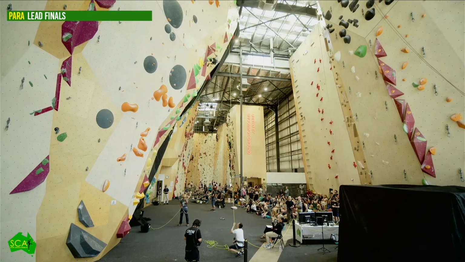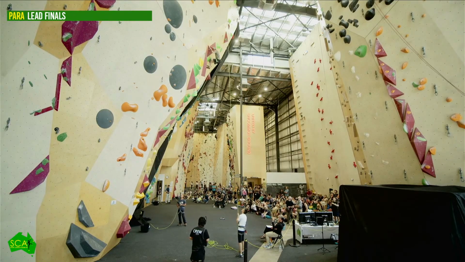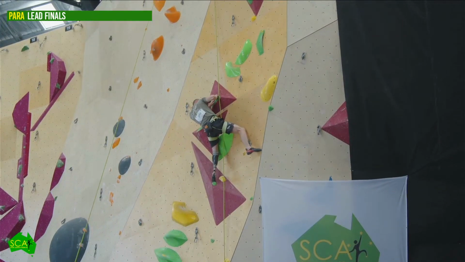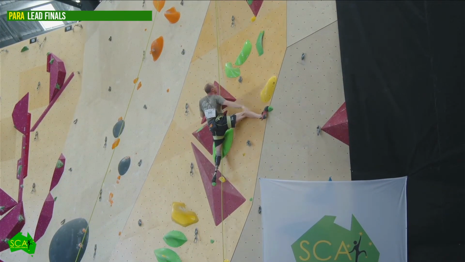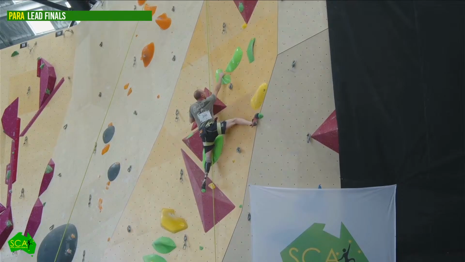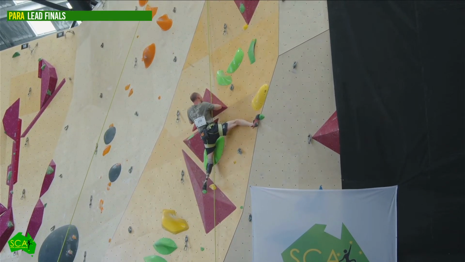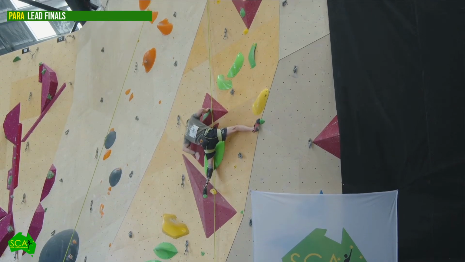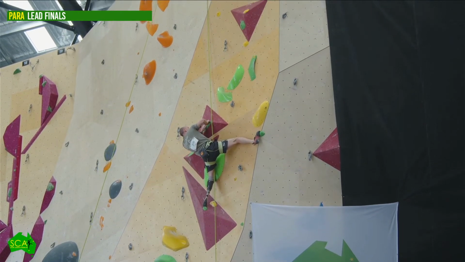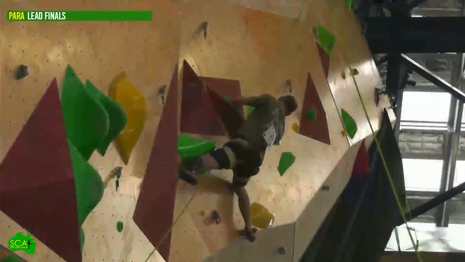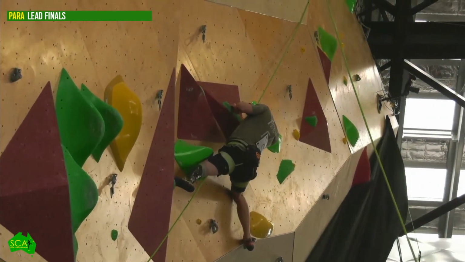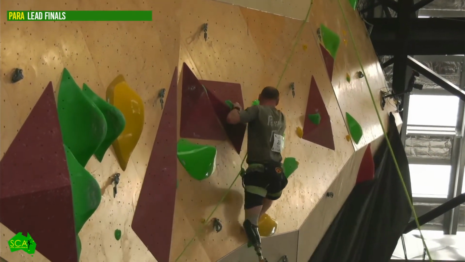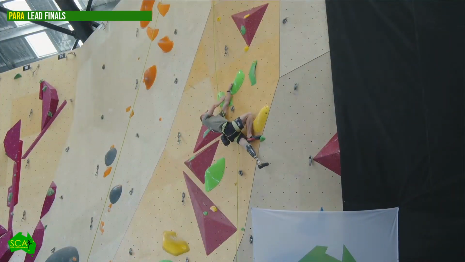You can see that the angle of the wall there, it's kicked back now. It's kicking back now, so as he starts to get up into this steeper section, the angle starts to kick back. So this has been the befuddler of most, and it is a big step. He's got good wingspan though as well, so we can reach his arm into this one, right into the back of the dish, the center of the dish. Might make it a bit easier. With the showstopper.